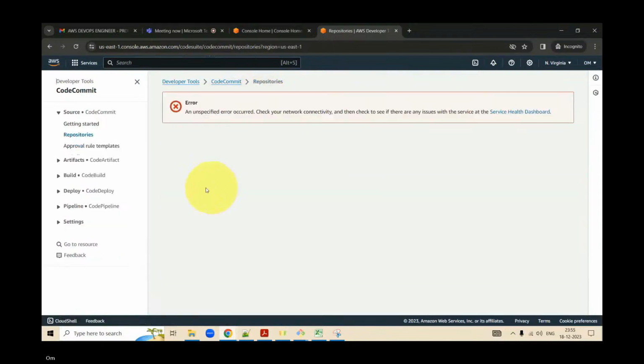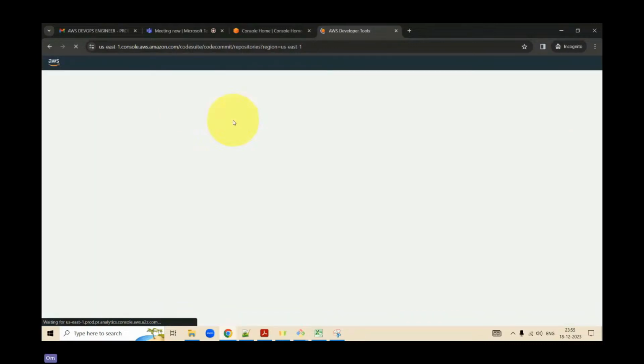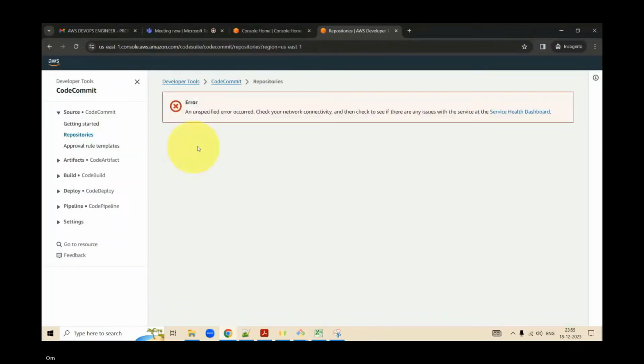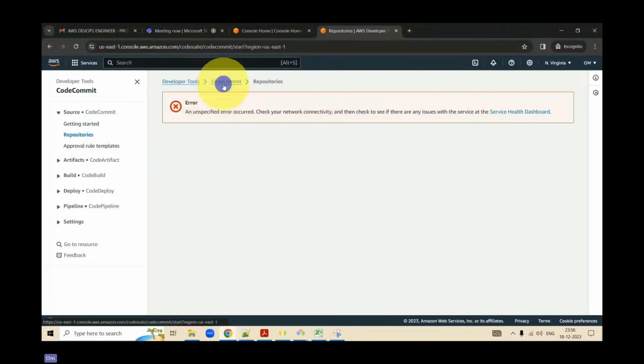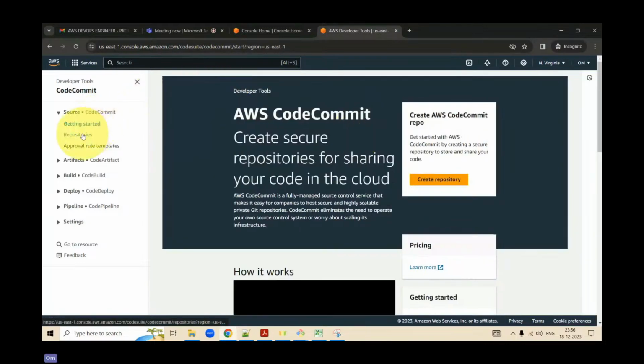There is a 100% maintenance going on in AWS for sure. This error never comes up in my life. I've not seen it very frequently, and this is showing it up. Maybe there's a maintenance going on. Yes, correct. Maybe in Asia Pacific it is going on, or in my region, because of which every time it is showing up for no reason.